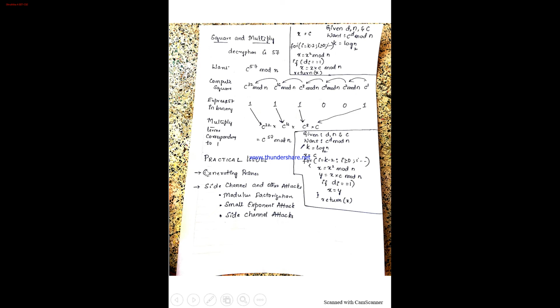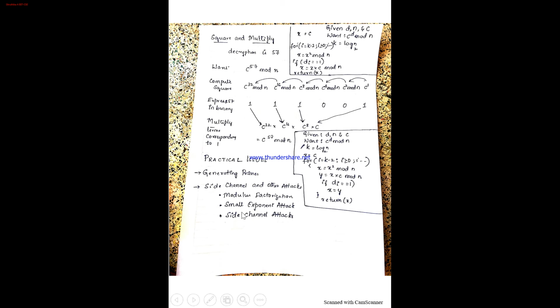So thereby the attacker will be able to, depending on the power consumption, assume what could be the number of ones. So thereby he'll be thinking of what could be the PIN. Are you understanding? So this is how, or if this method is used to attack, then it is called a side channel attack.